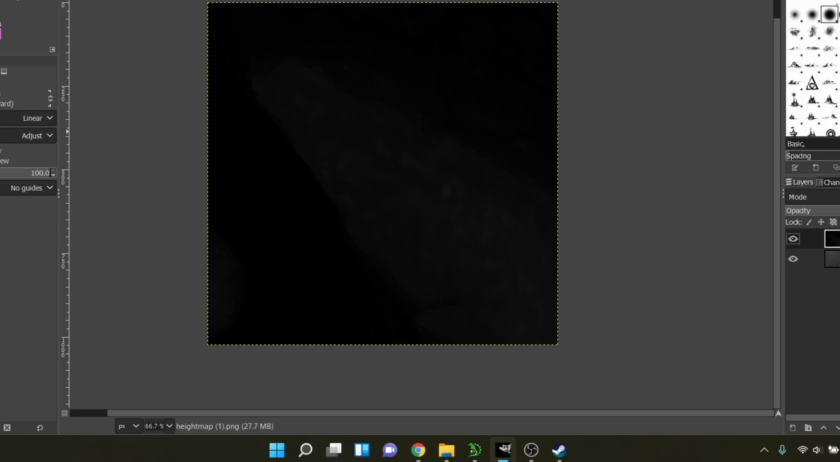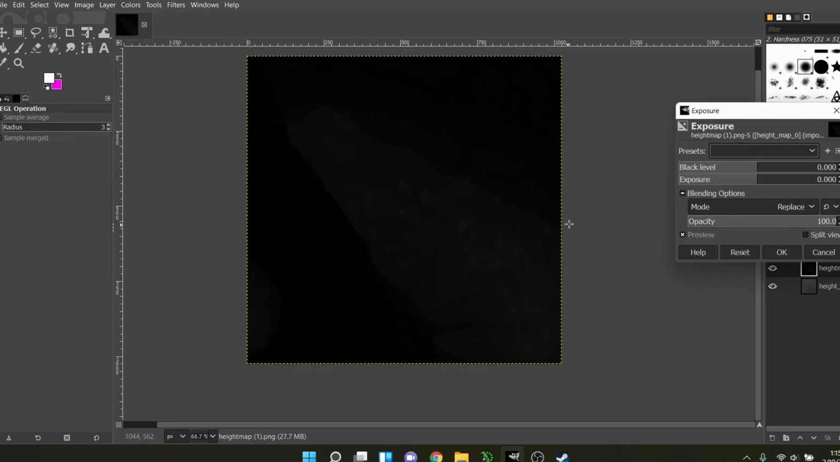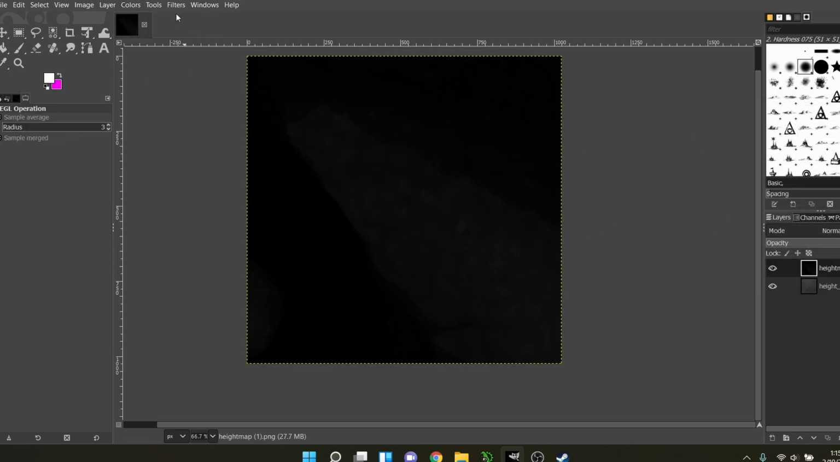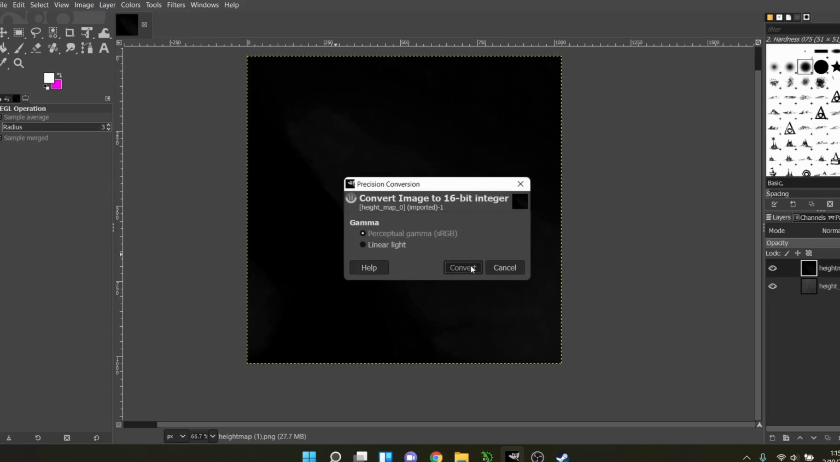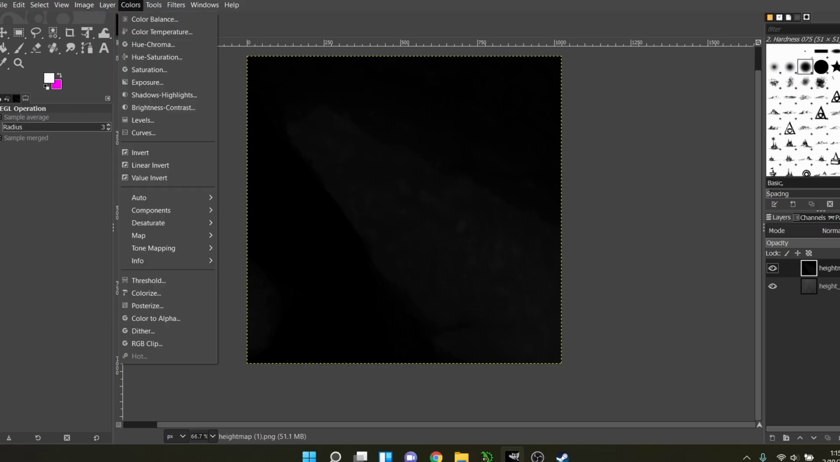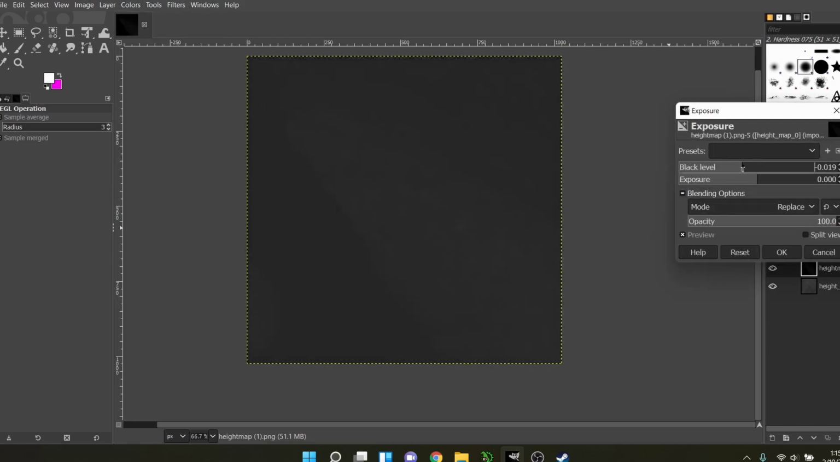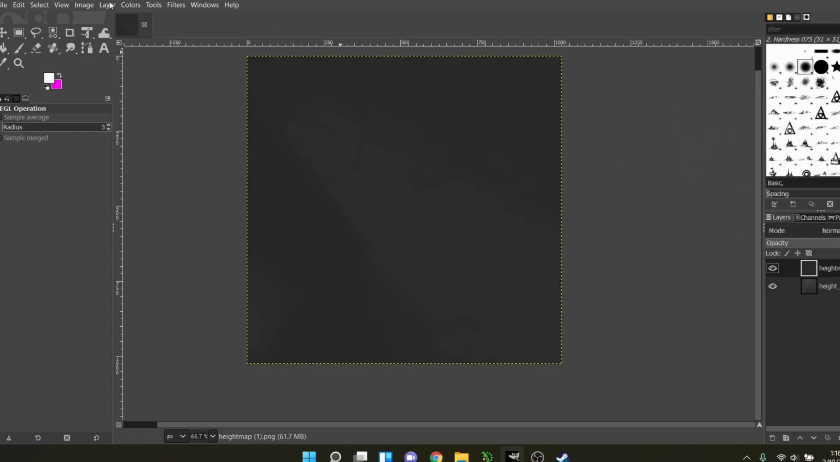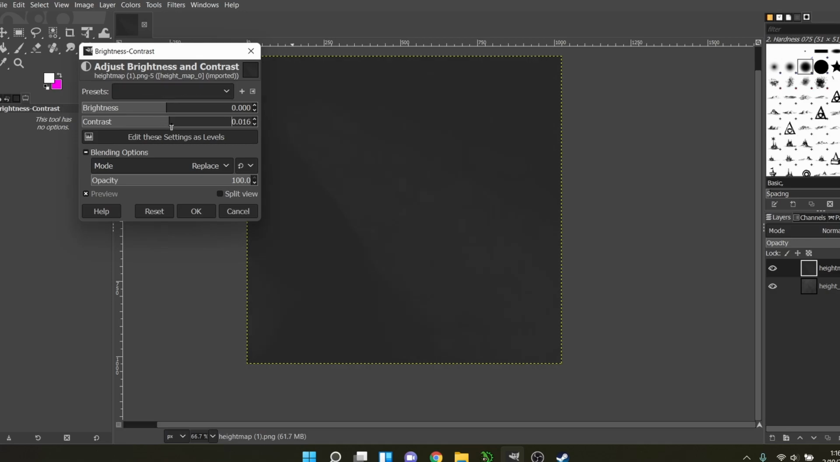So what we're going to do is with our height map selected, go up to colors, exposure. Oh, wait, before you do that, I'm sorry. Go to image, precision, and do a 16-bit. We're going to want that smoother precision. It'll make everything simpler. All right, so we go back to colors, exposure. I'm just gonna drop black level a bit. Seems good. Okay. Now we can play around with brightness, contrast, whatever you need to